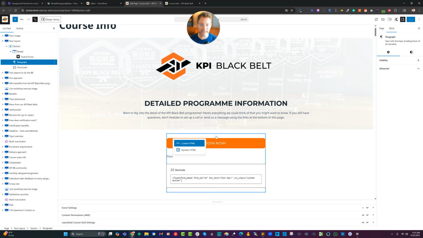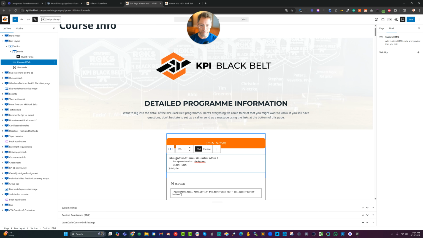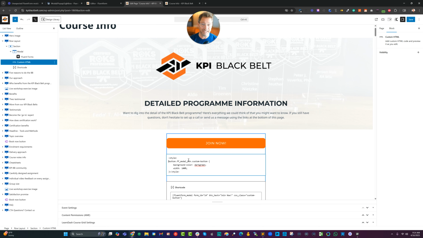And I use the custom HTML block. Now, when you do this inline, you have to use the style tags. In the old days, we just frowned upon doing inline style. Now we've given up on that because everything uses inline style for so many things. It's pointless to argue. If you are worried about optimization, you can still add this to the main customizer appearance